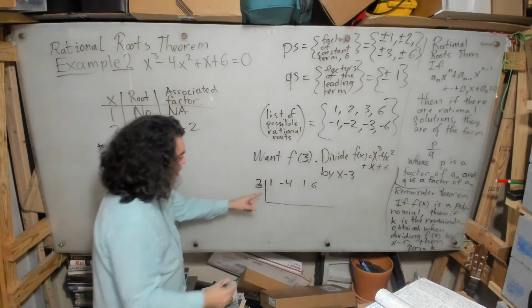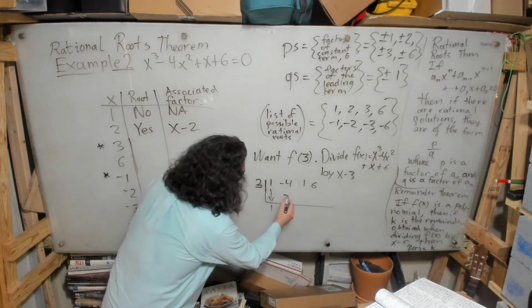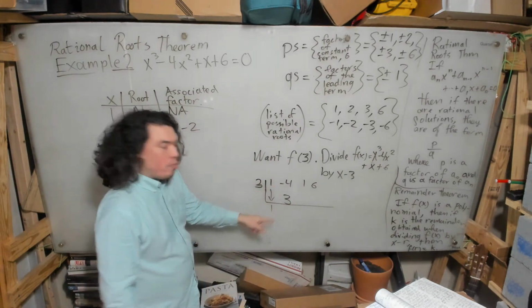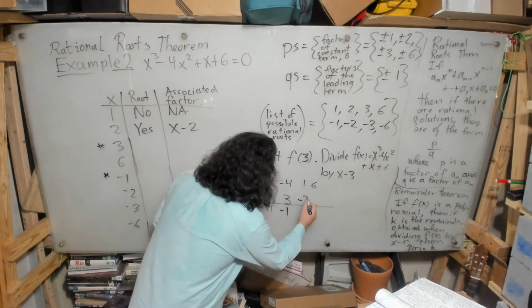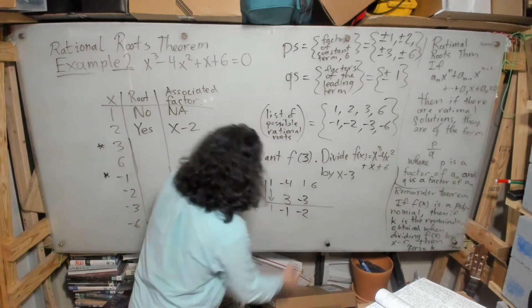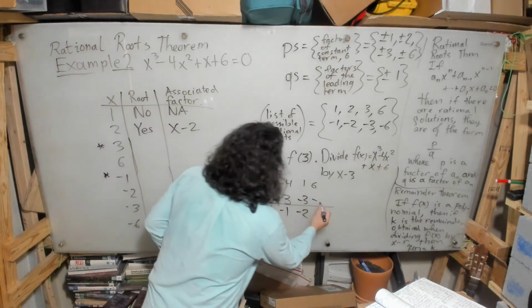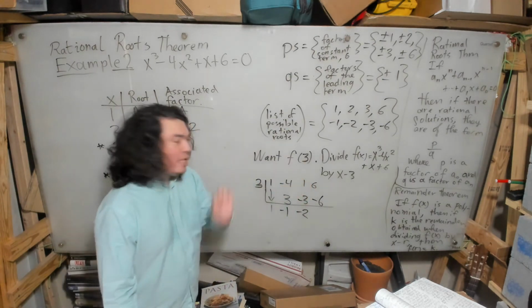Well, let's do it together here. I would bring down, of course, the 1. 3 times 1 is 3. What is negative 4 plus 3? That's negative 1. What's 3 times negative 1? That's negative 3. What's 1 plus negative 3? That's negative 2. What's 3 times negative 2? That's negative 6. And you can see when I add 6 plus negative 6, boop, they disappear, and I get